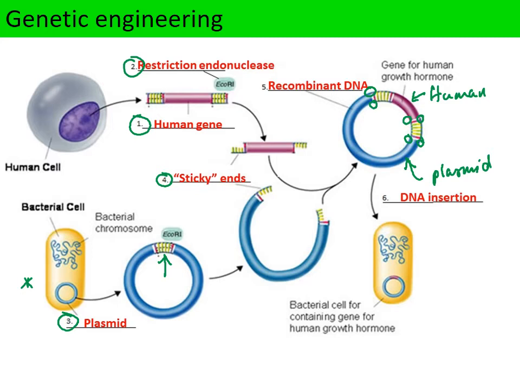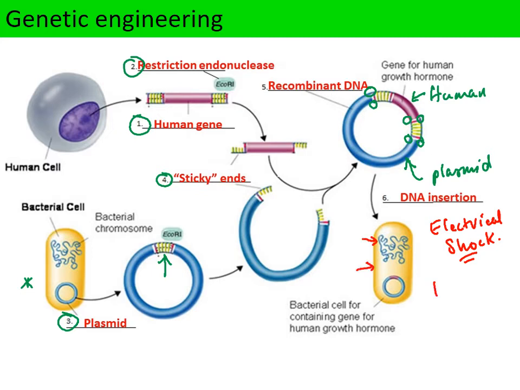Now we need to get this recombinant DNA into bacterial cells for the bacteria to start expressing the human gene. Now there's several ways that you can do this. One is to give the bacterial cells, in the presence of the recombinant plasmid, an electrical shock. And that opens pores within the phospholipid bilayer, the cell membrane, to allow the recombinant plasmid to go into the